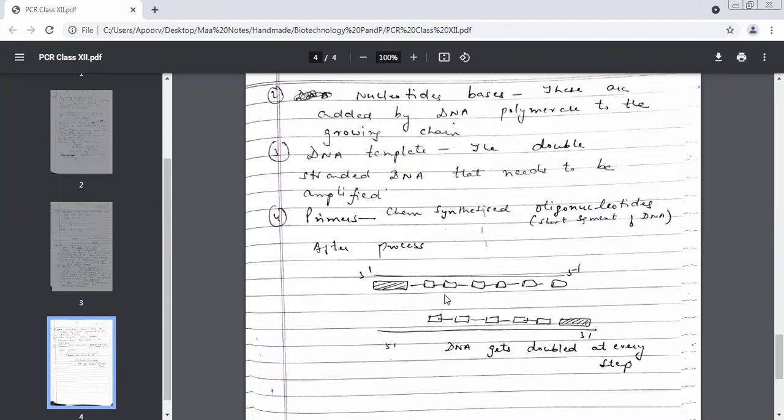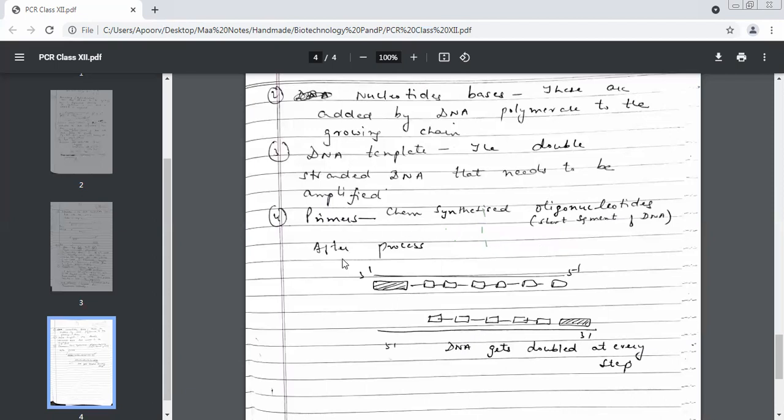And if you can see, we are getting a chain over here. This chain is becoming, and here also we are getting a chain. Now let's see this as two separate DNAs. Now this has become a double-stranded DNA. How has it become double-stranded? This is one strand and this is the new strand. This is the second strand. Similarly, this has also become a double-stranded DNA. This was one strand and this is the second strand. So out of two single strands, now we have got two double-stranded DNAs.